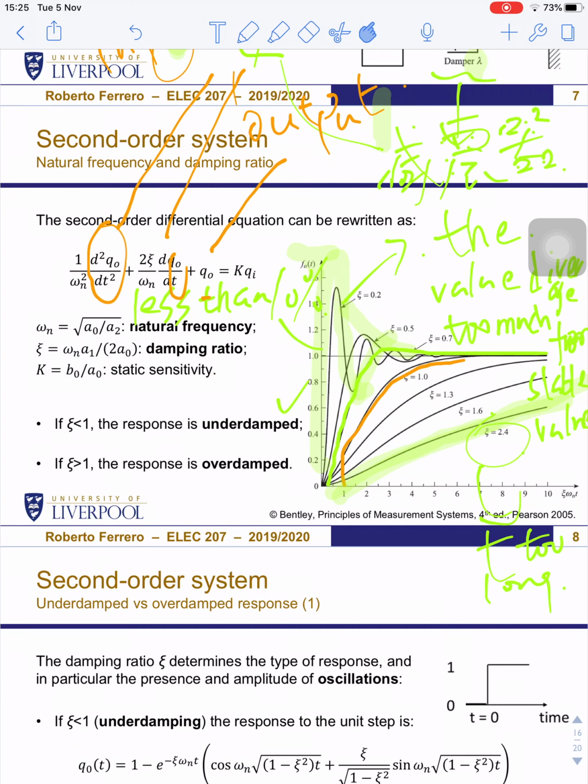And the static sensitivity. Yeah, K is still the same, right? K is still the static sensitivity. It's underdamped or overdamped. Okay. And the epsilon is